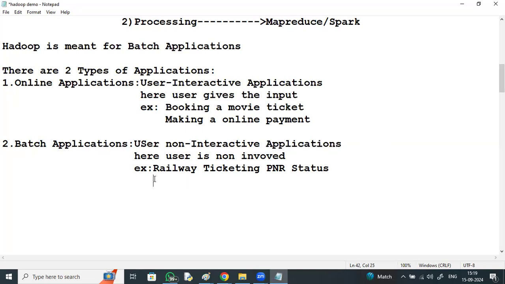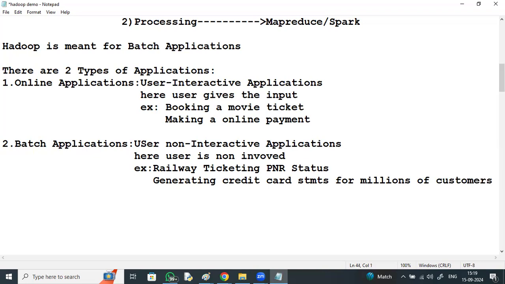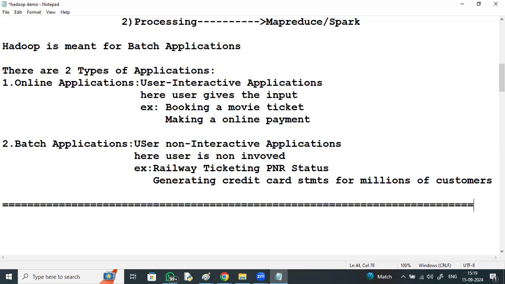Other examples are generating credit card statements for millions of customers. So Hadoop is meant for batch, not for online applications.